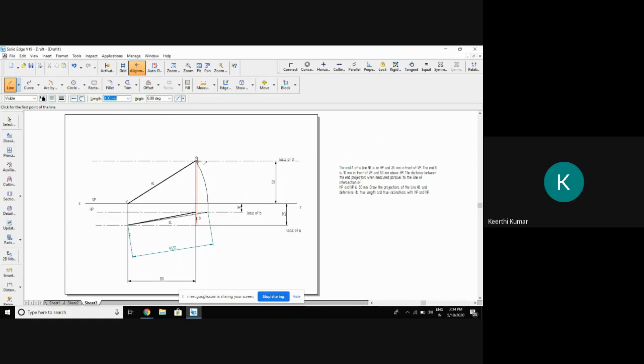Select the line. End of this to the end of this. Smart dimension. See, 95.52. See the thumb rule you should understand. True length in both the planes, vertical and horizontal planes, will be same. True length in VP and HP will be same. And A dash and A, B dash and B will be on the same vertical lines. That is called end projectors. If those two are satisfied, your solutions are correct. Clear?